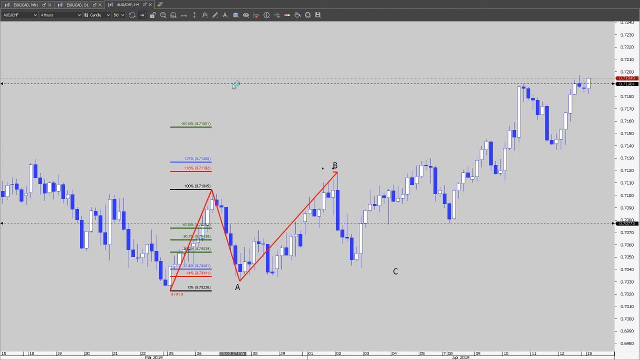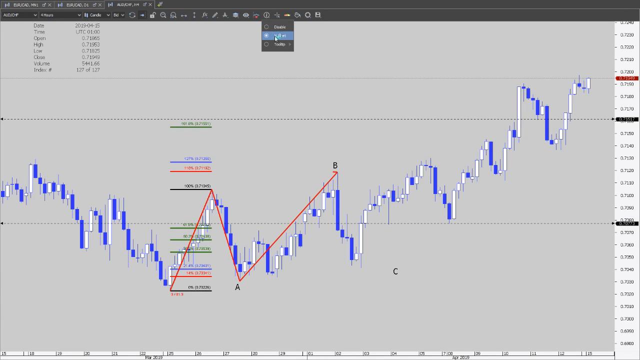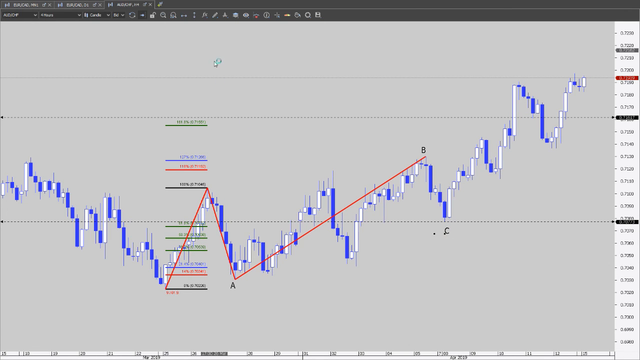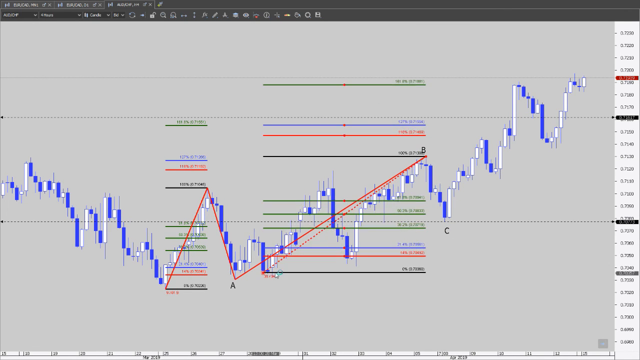Let me just see if this is the... Yeah, I'm not so sure. Let's see if this is the extension. So the high is at 0.71185. So no, this is not the B, because our red level is at 0.1192. So the next high is the B high, which is going to be this one. There you go. This is the B, and this is the C right now. So A to B,